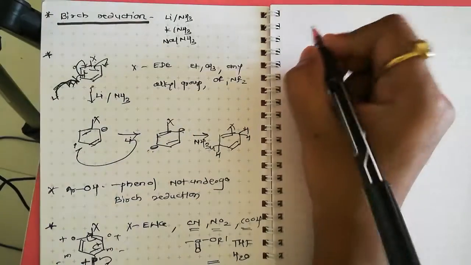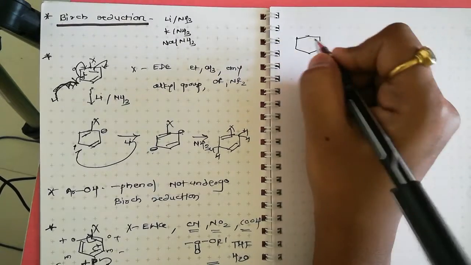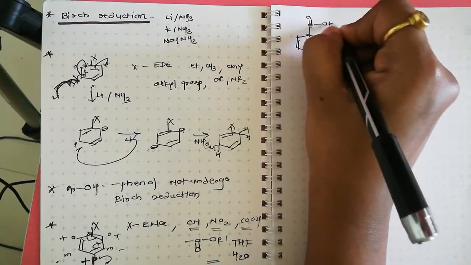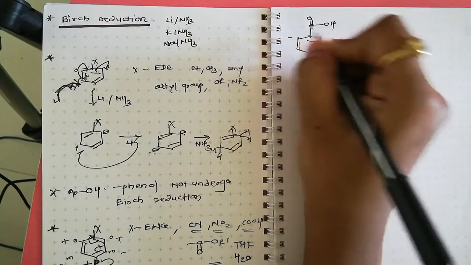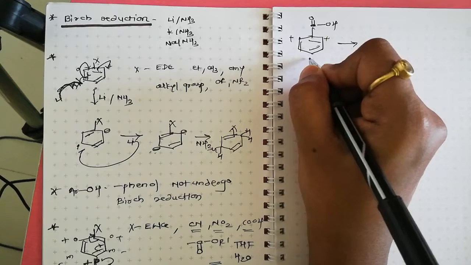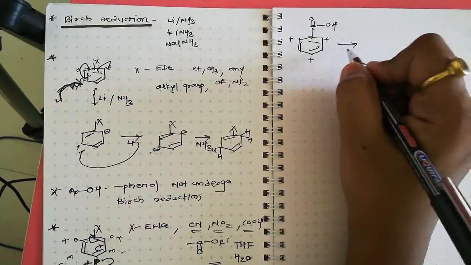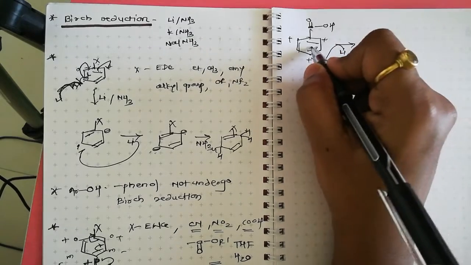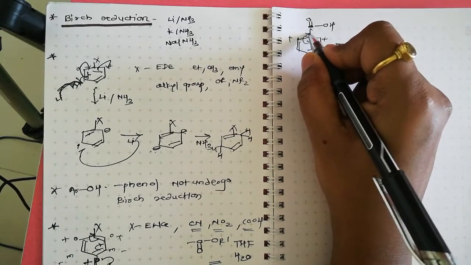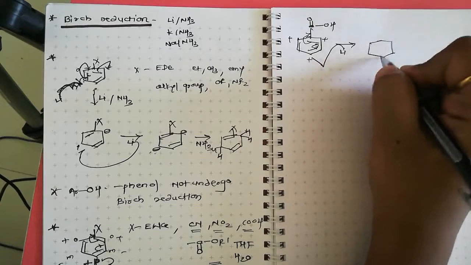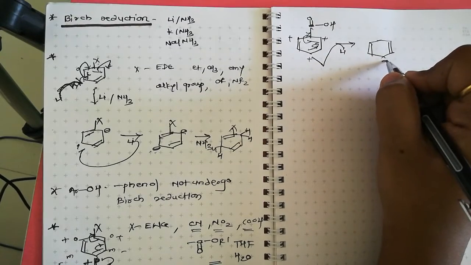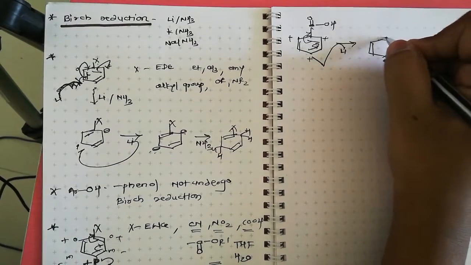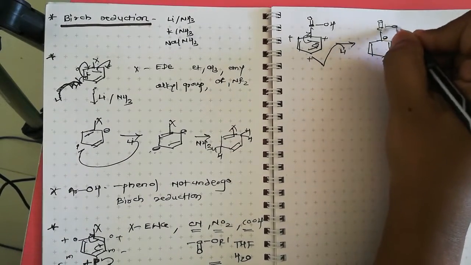If there is an acid group, X, the acid, is an electron withdrawing group. Here, after drawing the resonance structure at ortho and para positions, we get negative charge. Therefore, electron transfers at the para position. Then this bond shifts, a negative charge is formed here, and we get here a negative charge, here a radical, here a negative charge, here COOH.